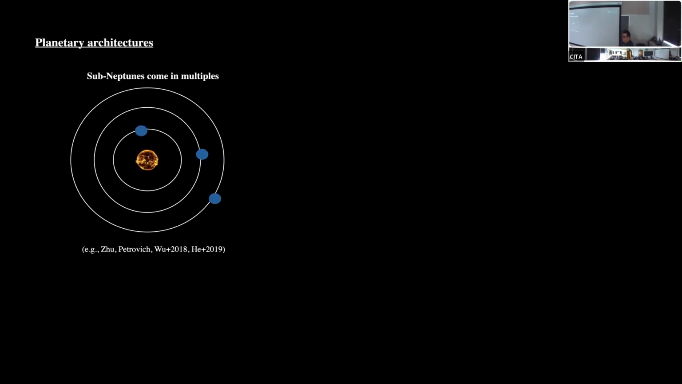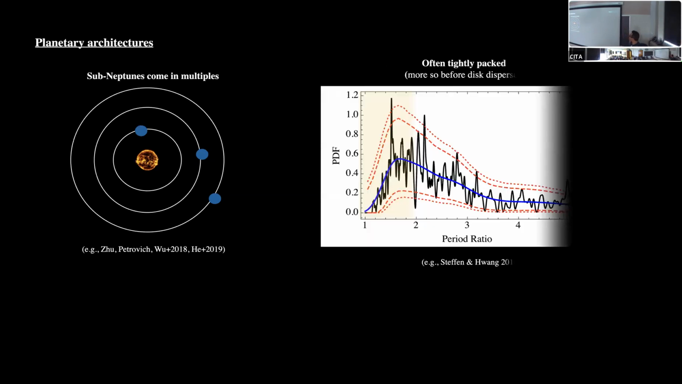So we're trying to rely here on planet architectures before getting into the results. And if we're actually dealing with Neptunes, we know, at least from transit surveys, that Neptunes come in multiples, right? Roughly within 100-day orbits, you might find actually 3. If you look at the period ratio,